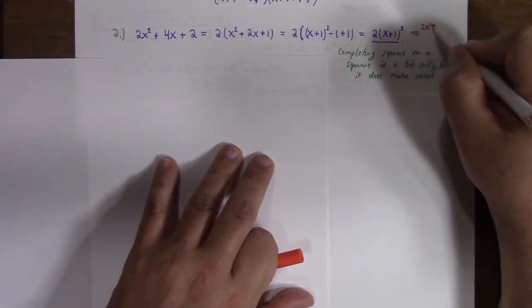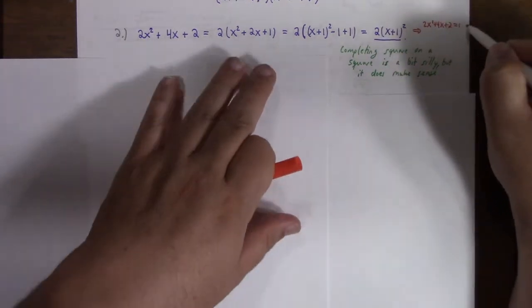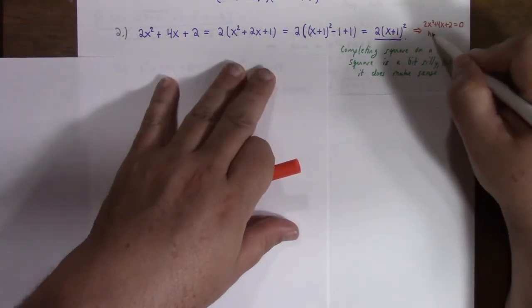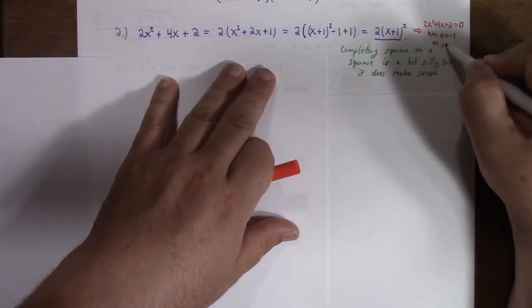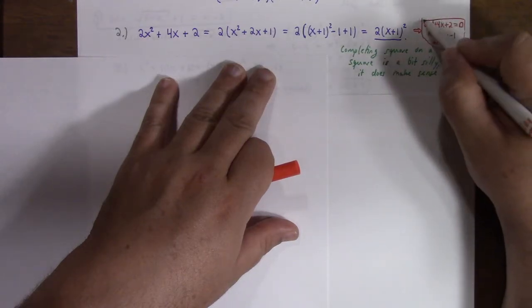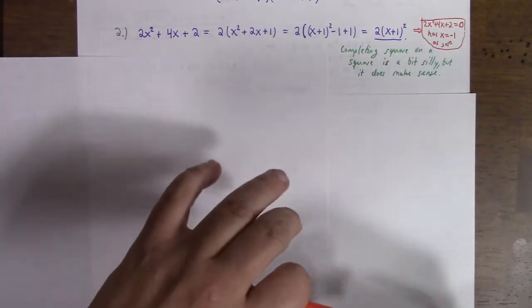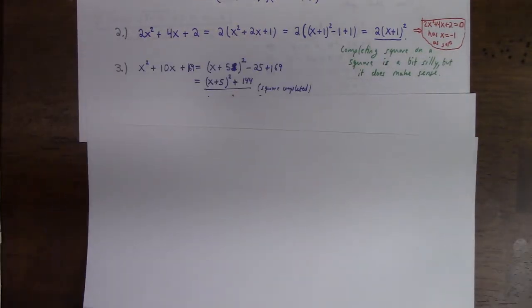2x squared plus 4x plus 2 equals 0 has x equals minus 1 as a solution, right? Because the only way I can get x plus 1 squared to be 0 is when x is equal to minus 1. Case 3,